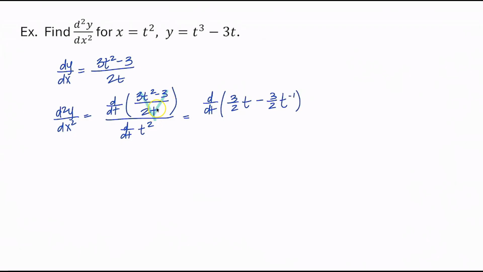So 3 over 2t, I can rewrite as 3/2 and then t to the negative 1. And then over the derivative of t squared, which is just 2t. I have not yet taken the derivative of the numerator, but I will now because it's just a power rule and a power rule. So we're going to have 3/2 plus 3 over 2 t to the negative 2,